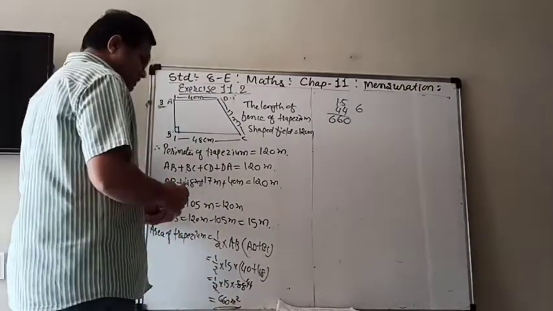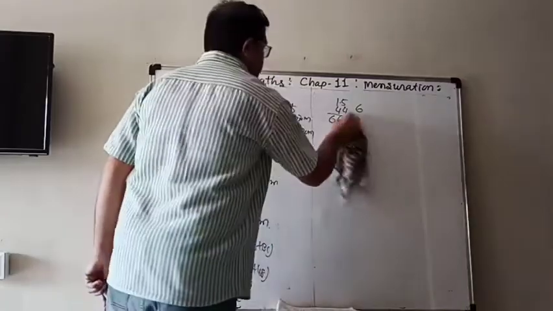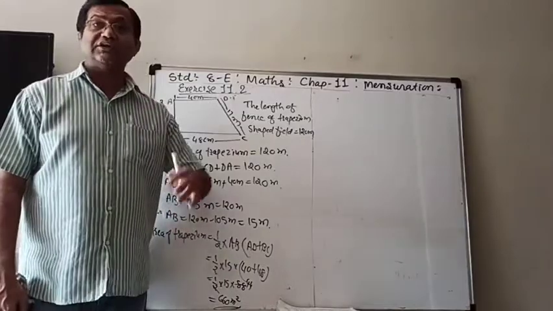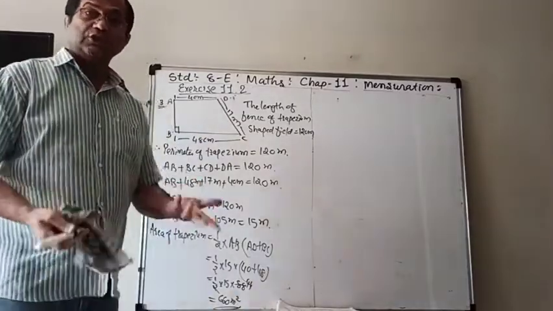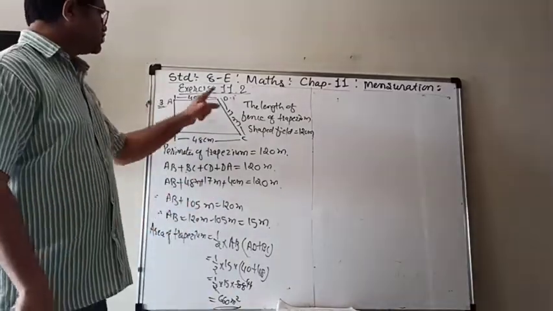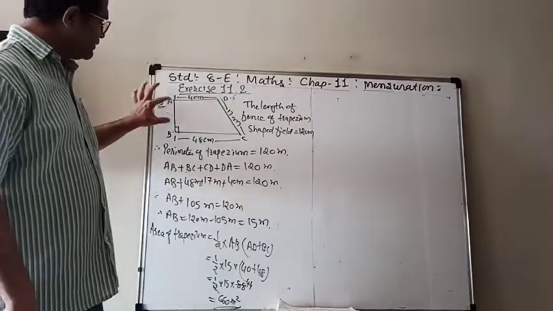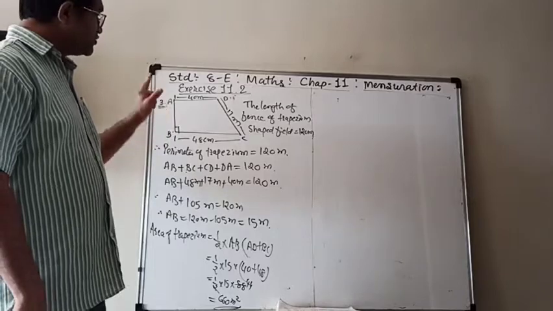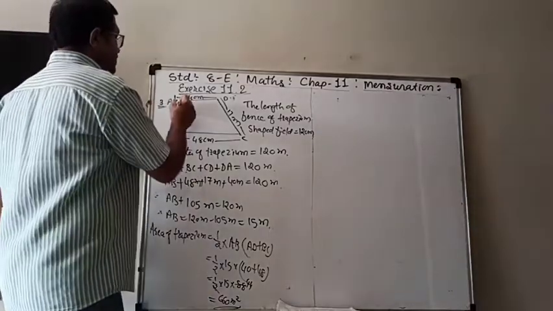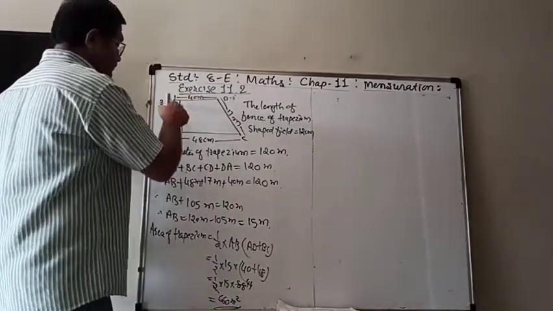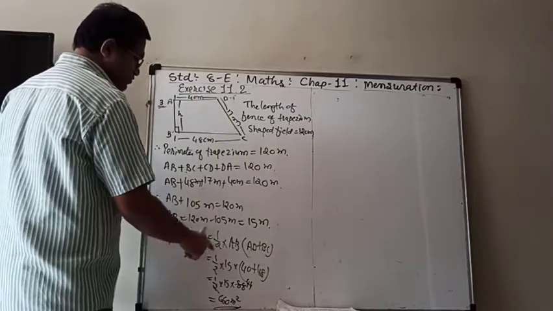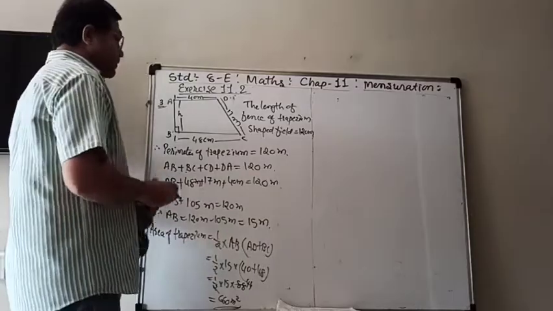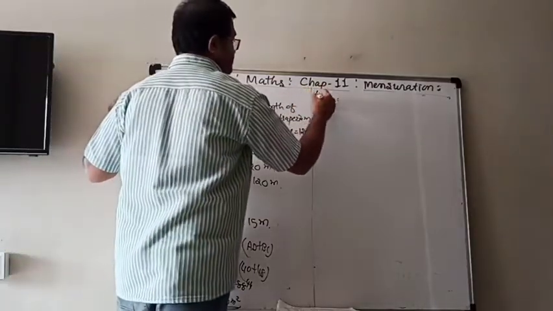Here it was a little different sum, as I explained to you, that the length of the fence was given. It was not given that it is the perimeter. Length of fence means it is the perimeter. So the perimeter was given, and from the perimeter we have to find the height. Here one of the sides is perpendicular, so the same height becomes the height here, and therefore we take height as AB. So half into AB into the sum of the parallel sides, and then we get the answer.